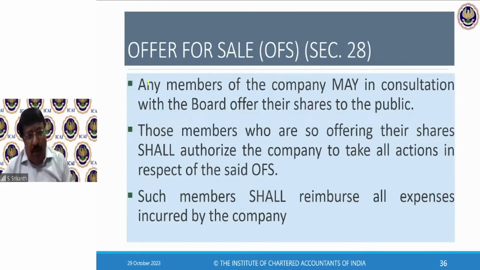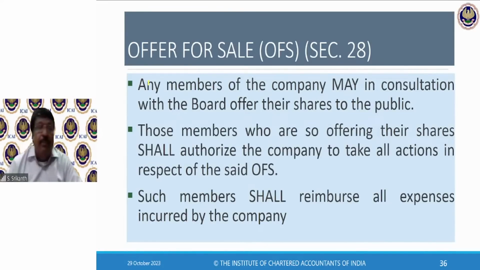At the time of the public issue, there will be two documents. One will be a prospectus, the other will be the offer for sale, called OFS. It's an offer, so the public will know that these shares are being sold by the promoter. After all, I grew this business for 15 or 20 years, and I'm entitled to take something out now. But I'm not taking the entire money out, only a certain portion.